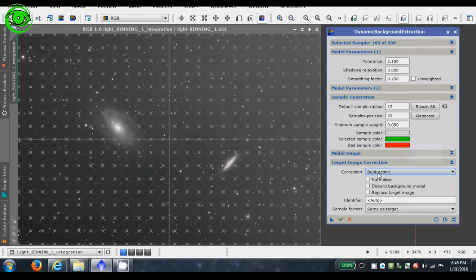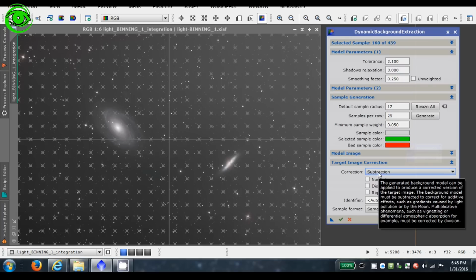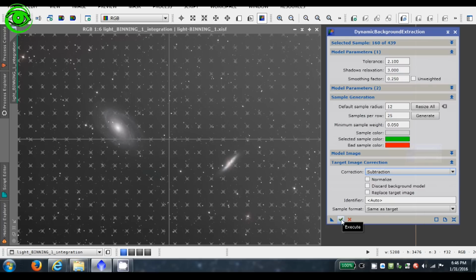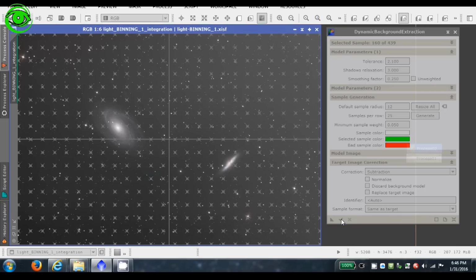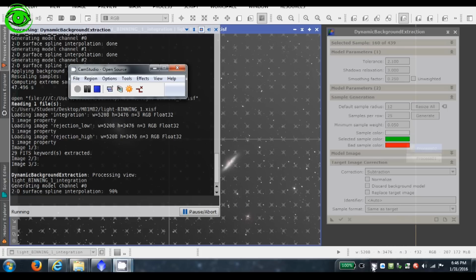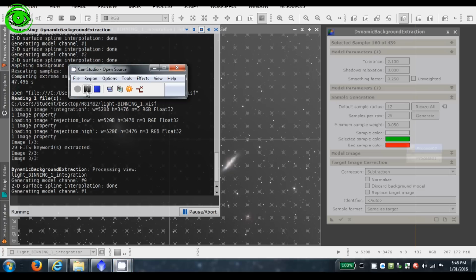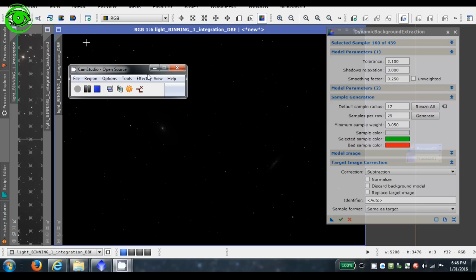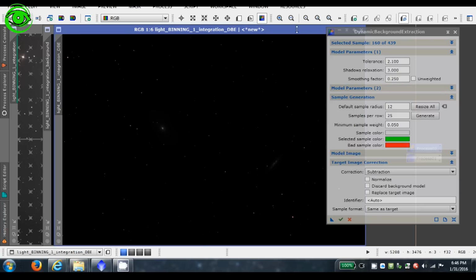So if you change that to subtraction and go ahead and hit generate or execute, it will go through its regular routine, doing all that it does, and will show you what it does to the background. So I'm gonna go ahead and hit pause on this video, let that application run through, and then we'll be right back. Okay, so our dynamic background extraction has finished, and what it generates is your new image with